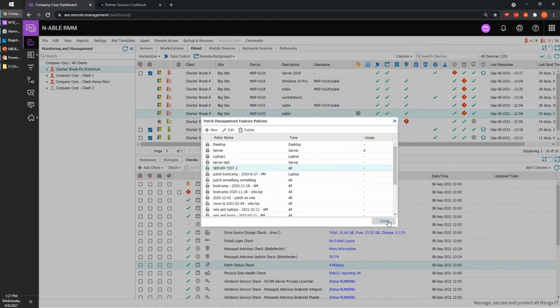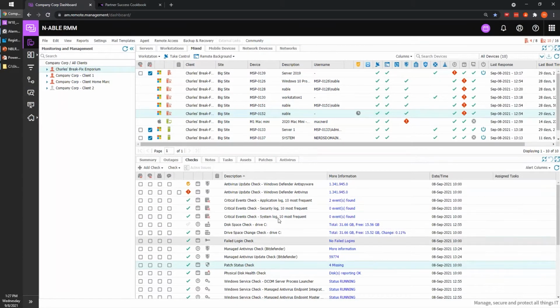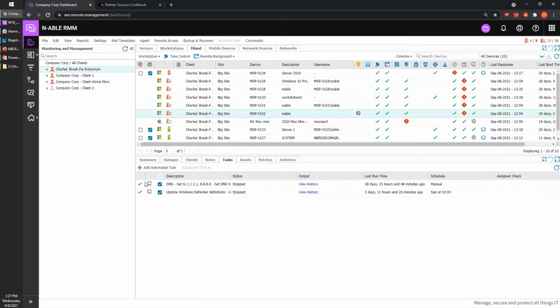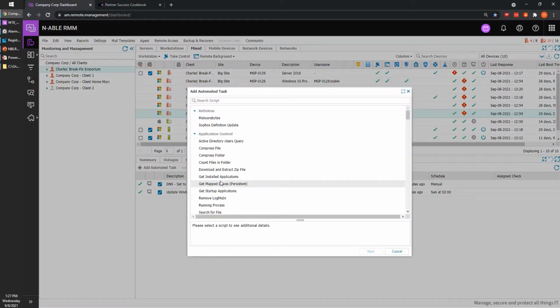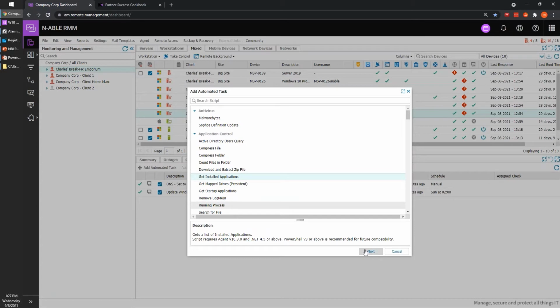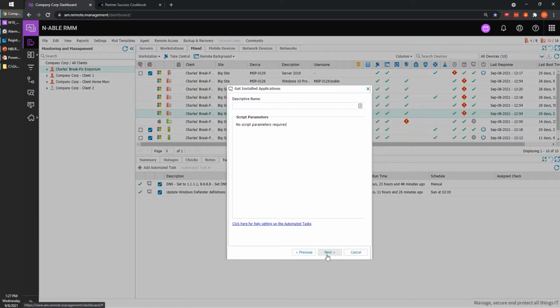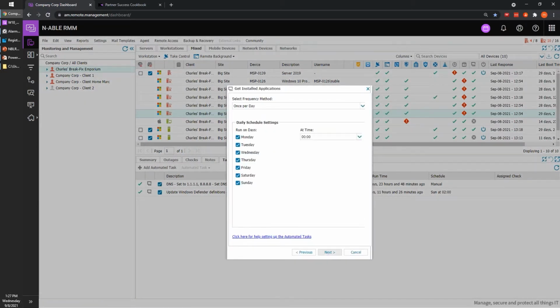So that's good. Now, the next thing from this is to start using tasks to remediate some of those things. What you can do is go to tasks. You can add a task and say, you know what, I don't care, just do this, doesn't matter. Once you do a task, you have the option to say, when do I want to run it? You can say daily, you can say weekly, whatever, by just unchecking, saying only run Friday at whatever time, that's